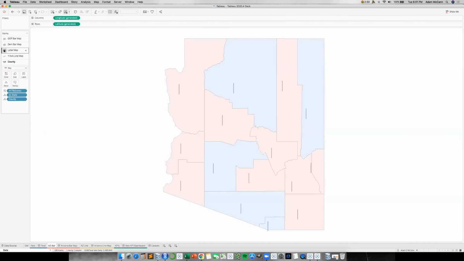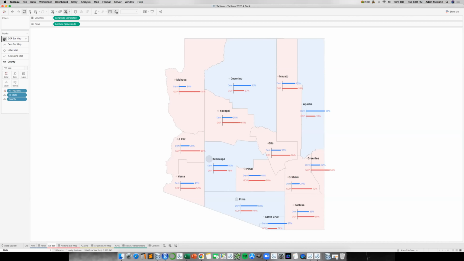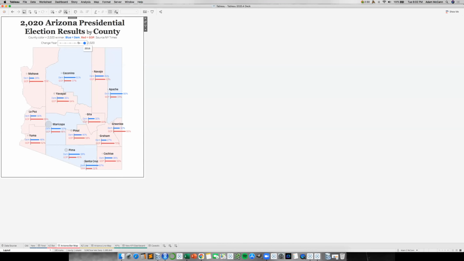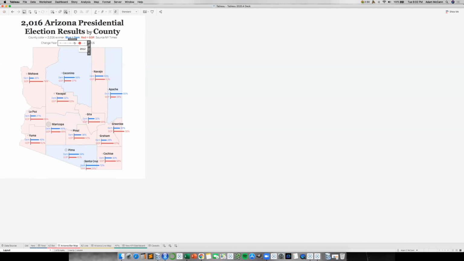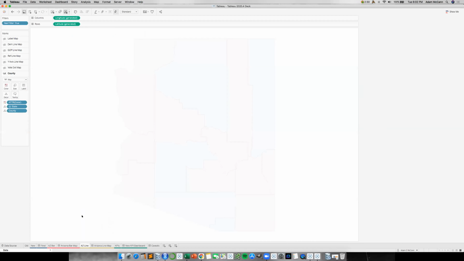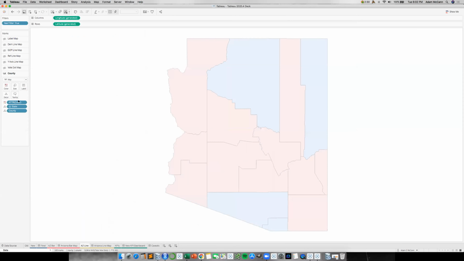So I'm going to add a y-axis. I'm going to add a county label with a little dot next to it that indicates how many people voted. I'm going to add a bar for Democrats and a red bar for Republicans. And now you have a bar chart on a map all in one worksheet, and you can toggle whether it's shown. And you can even have a little animated button that changes what year is shown at the top here, all driven by parameters. Now, what if I want to see all that data at one time?